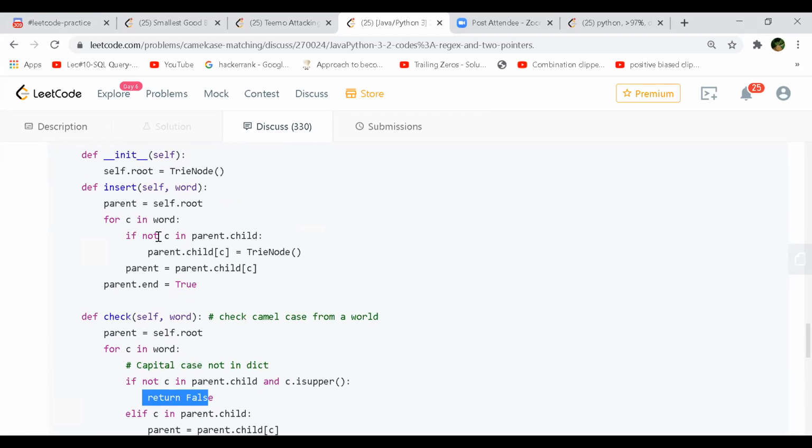Yeah. He's checking if it's not present in the child, then for that particular character he is creating a new node. But here you are not creating it based on the index of a character, because you have uppercase also, right? So you want the exact character matching. Some of them are using a different way of implementing. When it is uppercase, they use another variable to mark whether it is true or false, something like that.